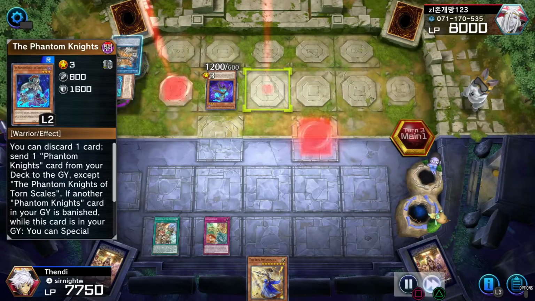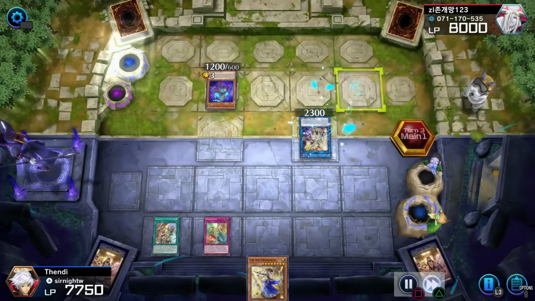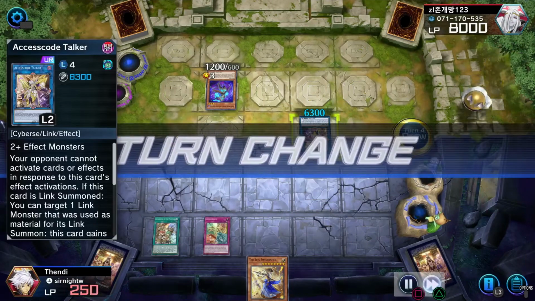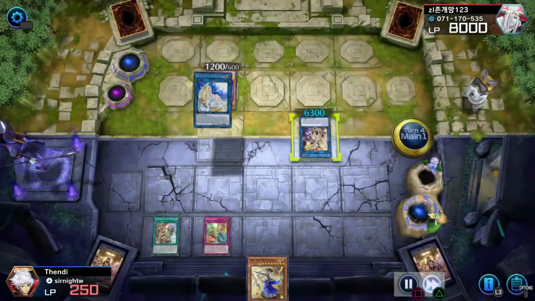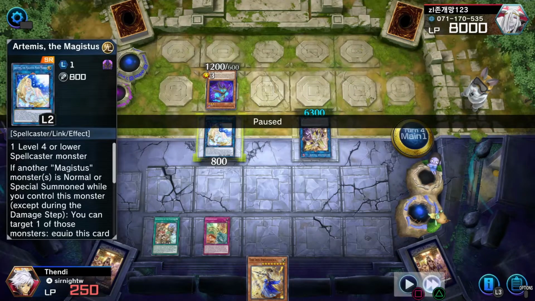I don't know why he has Cerberus here. This guy must be an old school player, you know? Just a link climb. So you get the 6300 access code, but I still have 250 health. So let's see where this goes. Witch into, oh okay, so yeah, this is the Artemis play I was telling you about. So Witch into Artemis,